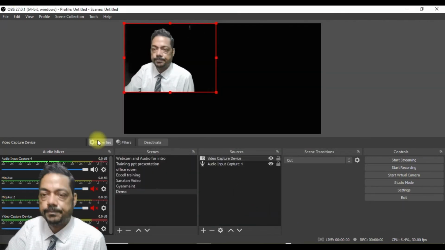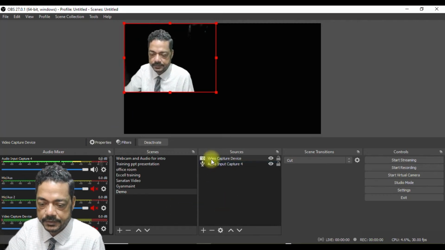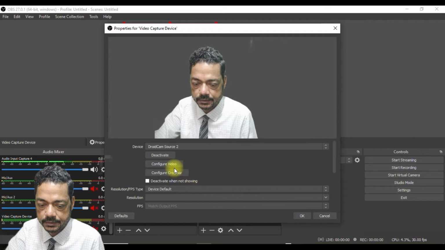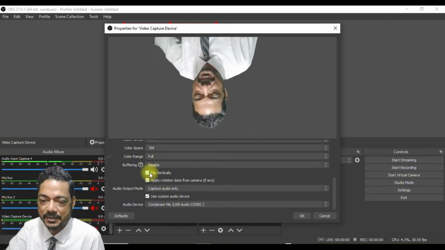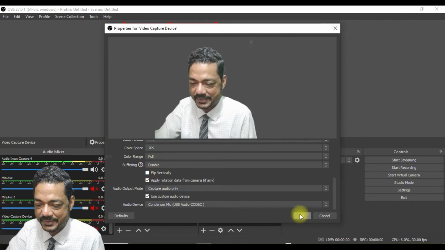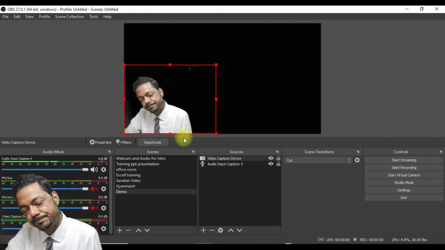My webcam setting was flipped, so I've just flipped it. It was vertically flipped, and if you vertically flip, it gets upside down. So I clicked it. Now I got my audio capture unit also.